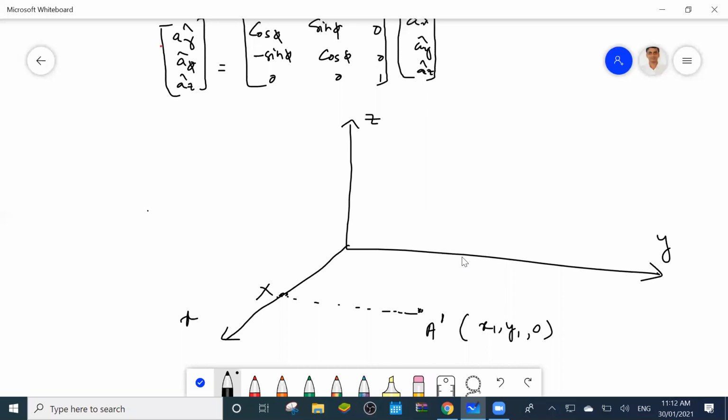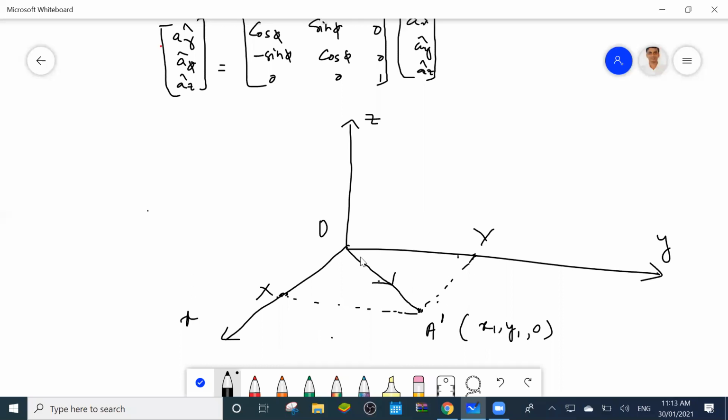And similarly Y1 means Y axis. So this point, suppose I am saying, capital Y, you can say now. So now I have to find out, what is this, this is origin. So in this plane, suppose this is the OA vector. This is the position vector of this point. Now can you find out what is the OA dash?